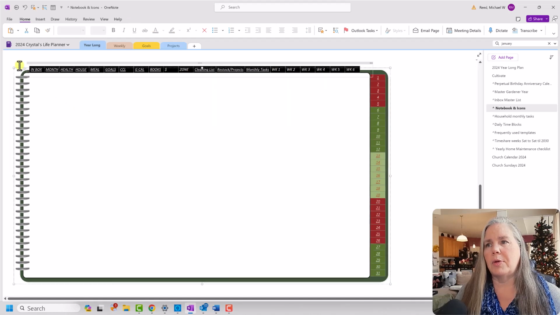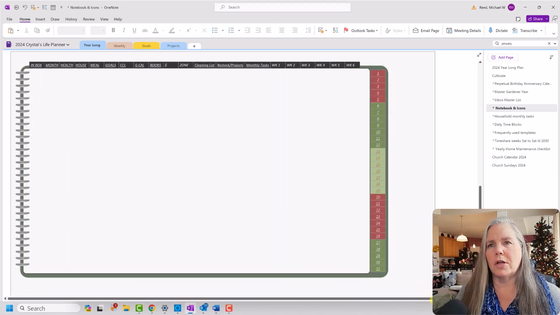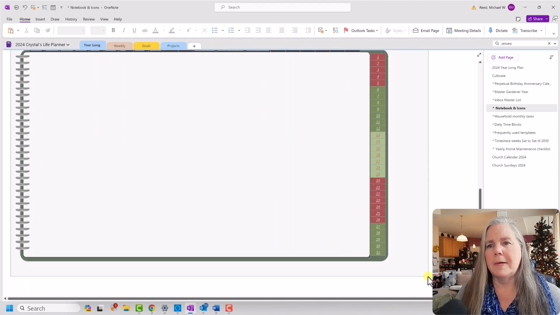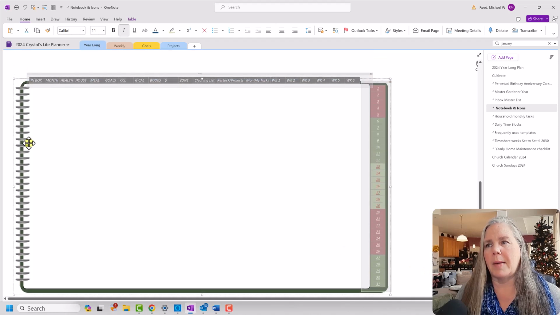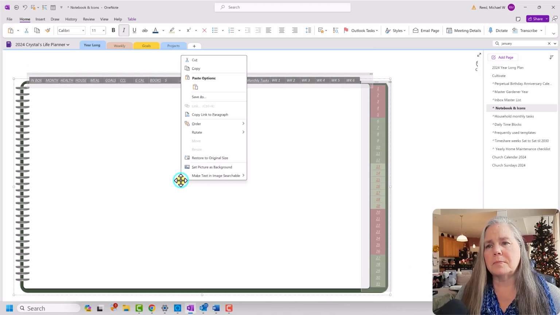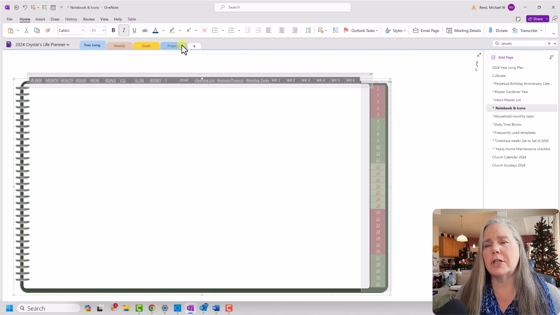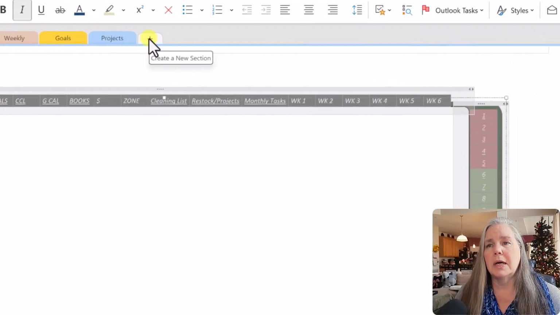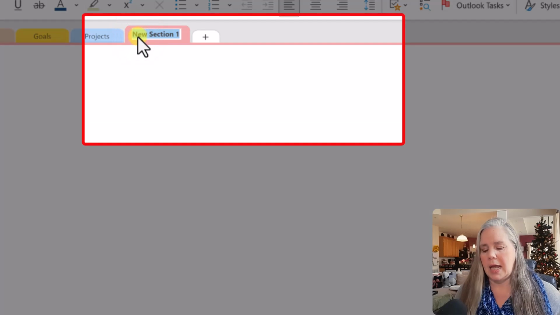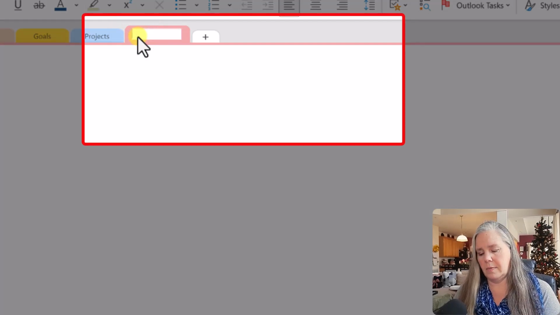All right, now I'm going to take my cursor up here and I'm going to press on the left mouse button and I am simply going to drag it across so I encompass everything that is part of that particular graphic, okay? Right clicking, copy that, and I am going to go down and let's just go ahead and start a January section. So I'm going to go up here to the plus for creating a new section, and I will type in January,